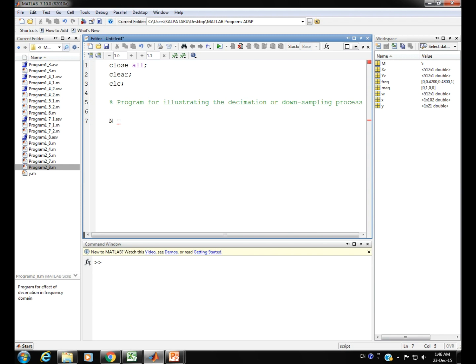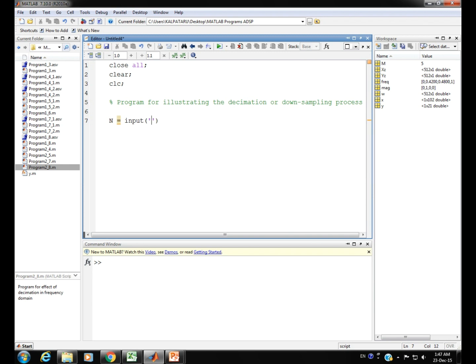Now let us define first of all n as the variable to hold the information regarding the length of the input signal to be decimated. For that purpose, let us make use of input as the MATLAB syntax, and inside a pair of parentheses we have a pair of single quotes.